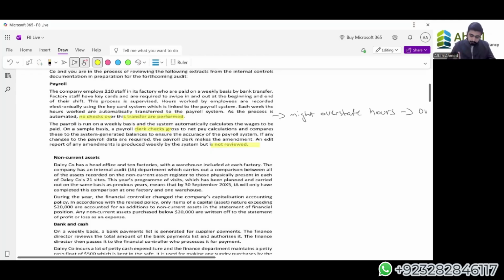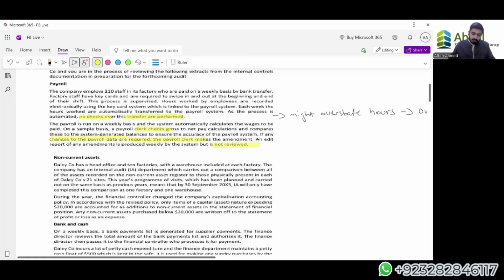Second thing, the data is there, and anyone can amend it. Anyone has the ability to amend the payroll records. Anyone can review and change the transactions. If the payroll clerk can change it, it is not a good thing. Only specific people should be allowed to amend or override the computerized systems, right? So this is not a good practice. This is giving a person the opportunity to manipulate the records.